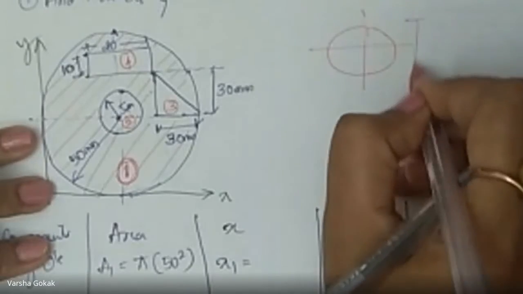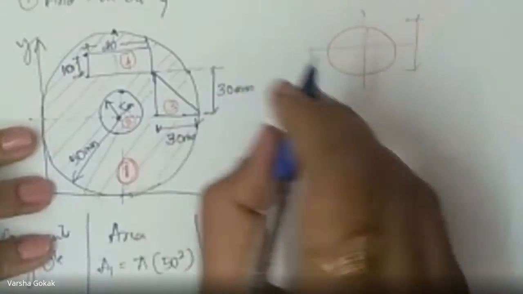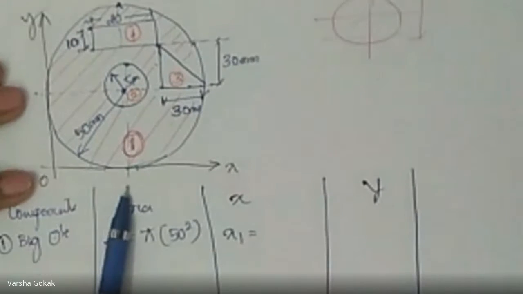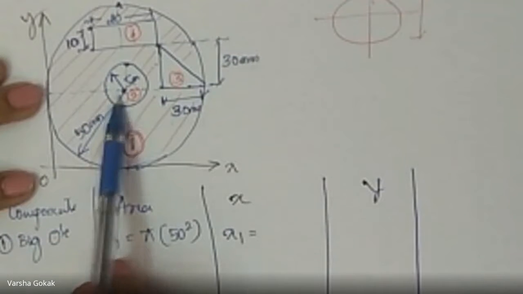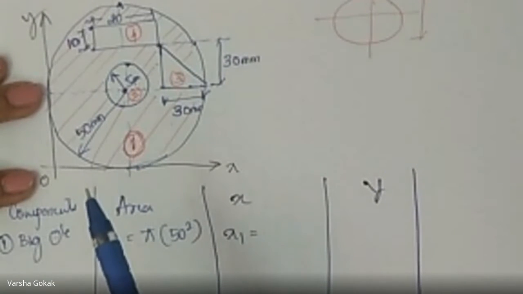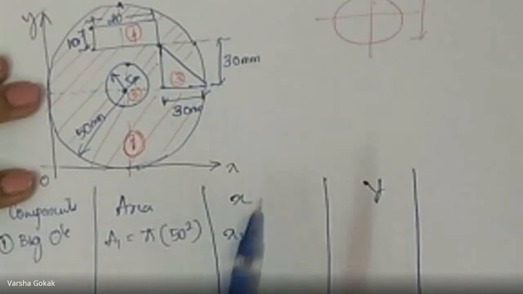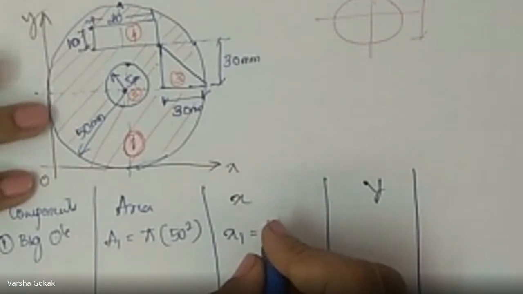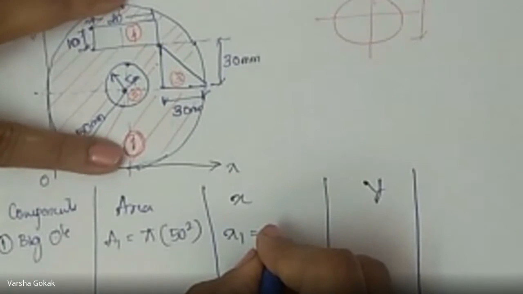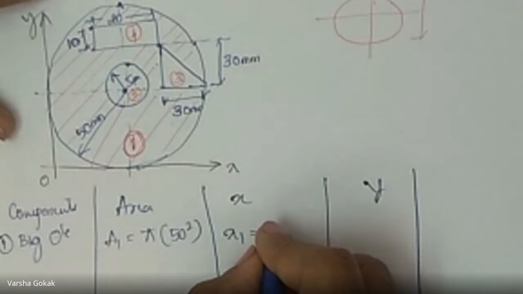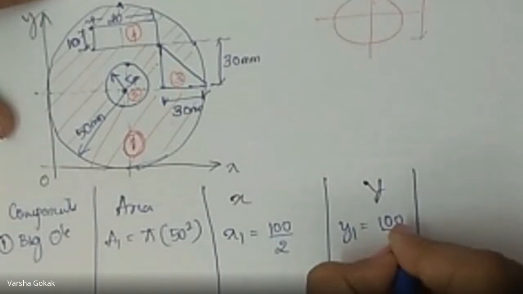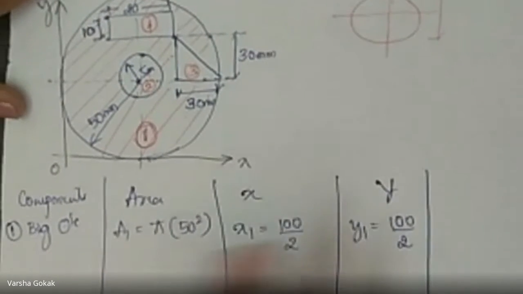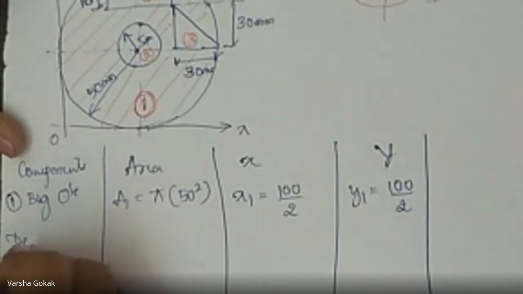Right? So if I know the diameter, then d by 2 is going to be the x and y. So if I consider the bigger circle, x is also here only, that is center d by 2, y also is d by 2. Should I add any extra distances from the reference axis? No, ma'am. No, we do not add any distances, right? So x1 is also d by 2. D is how much? 100, because r is 50, so d is going to be 100. 100 by 2, and y1 also is going to be 100 by 2. Correct? So we are done with the capital circle. Then all are going into deduction.